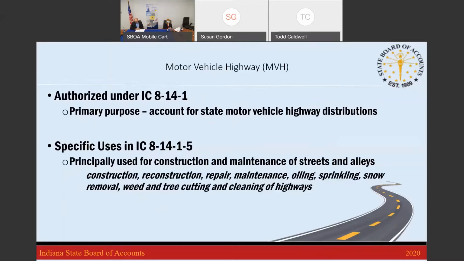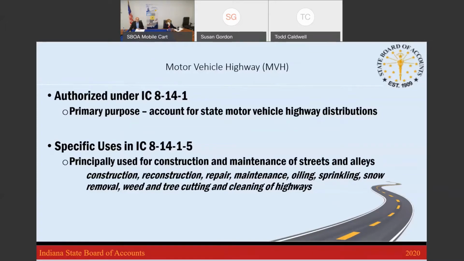The MVH Fund is authorized in Indiana Code 8-14-1, and it can be used for construction and maintenance of your roads, streets, and alleys, and that authority is in Indiana Code 8-14-1-5. So we're talking things like repairing a roadway, oiling or sprinkling, your winter operations, your laying down of salt, your snow plowing,